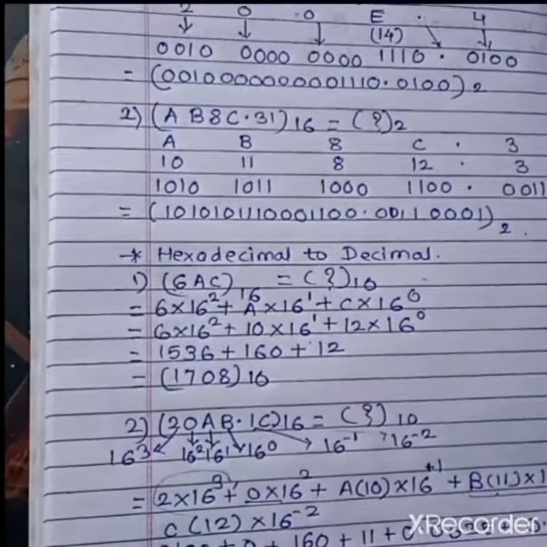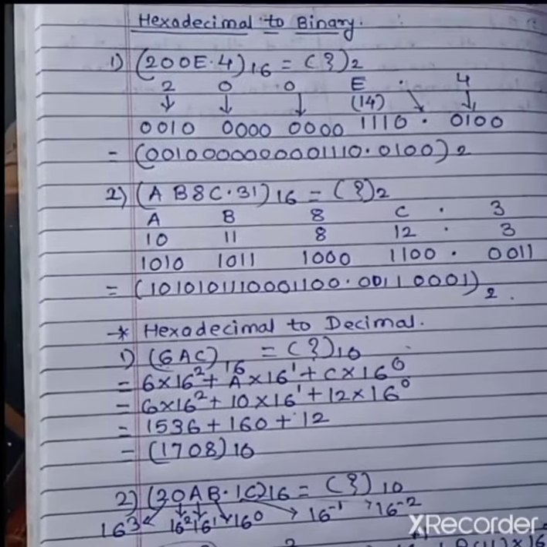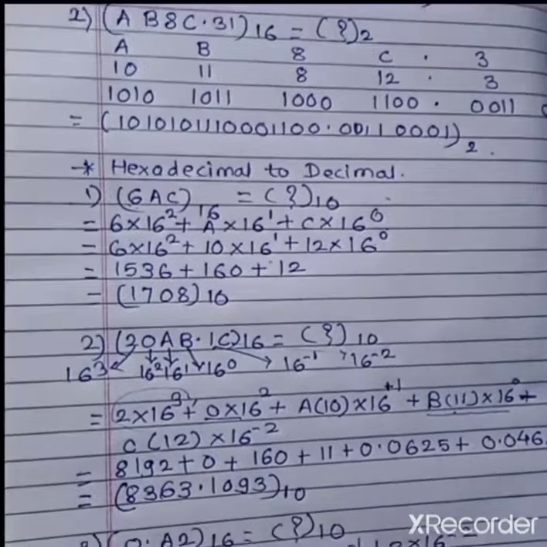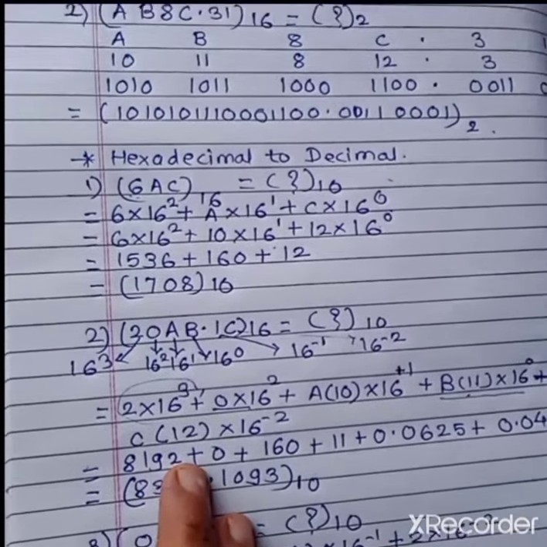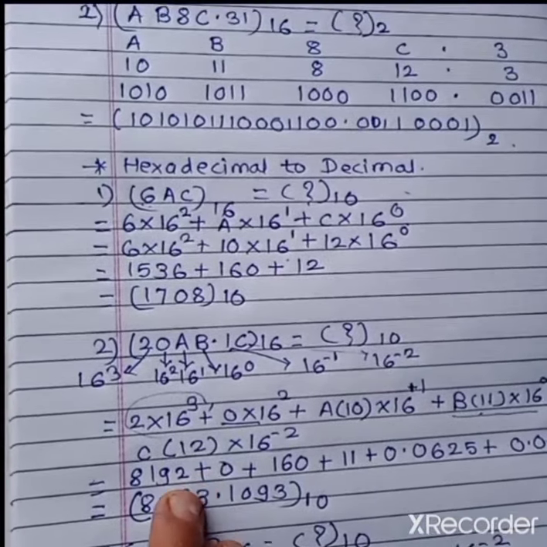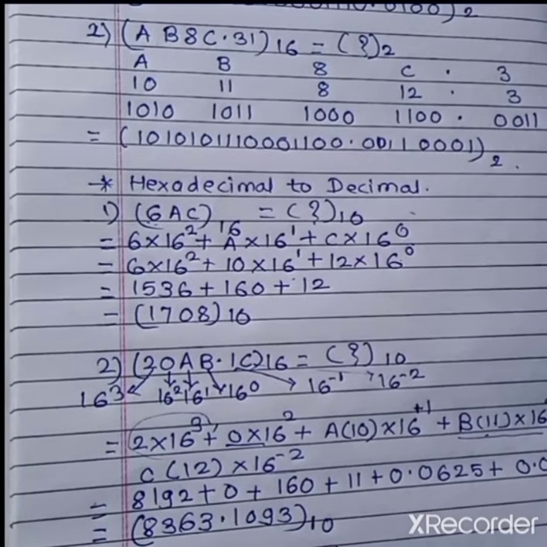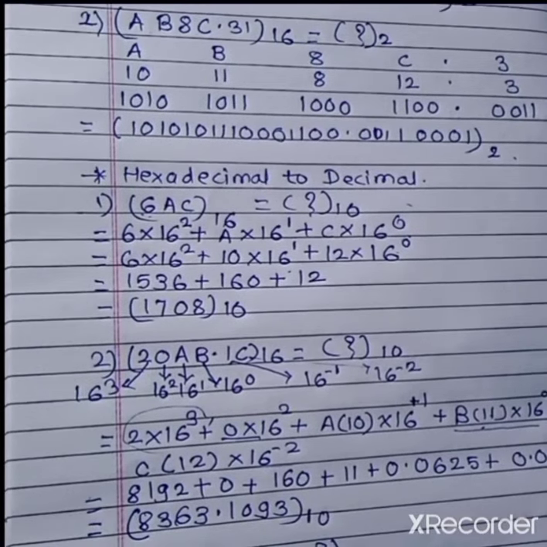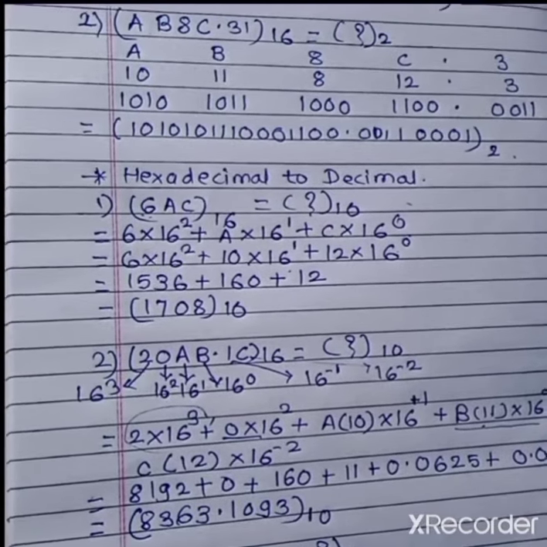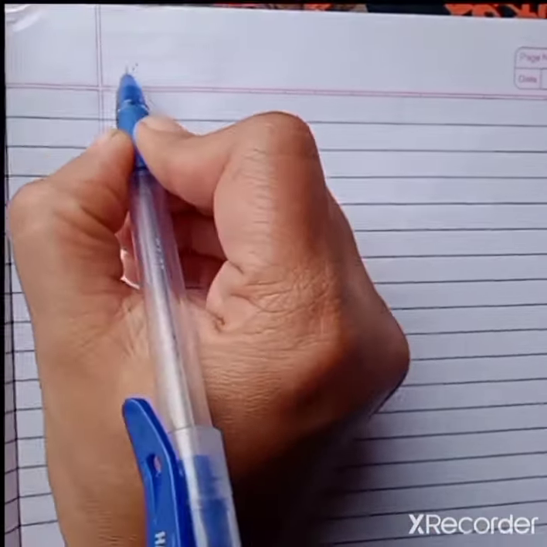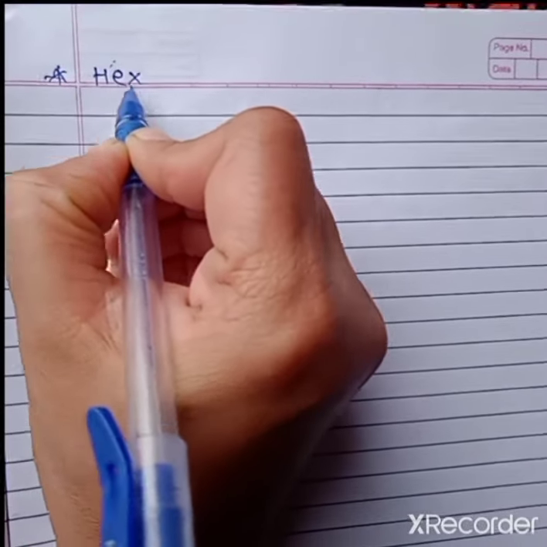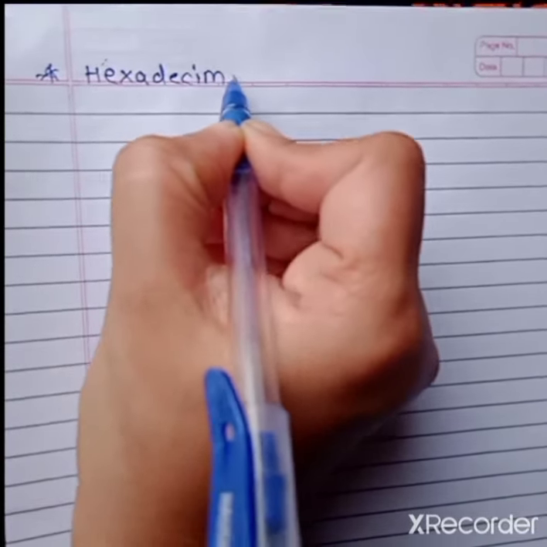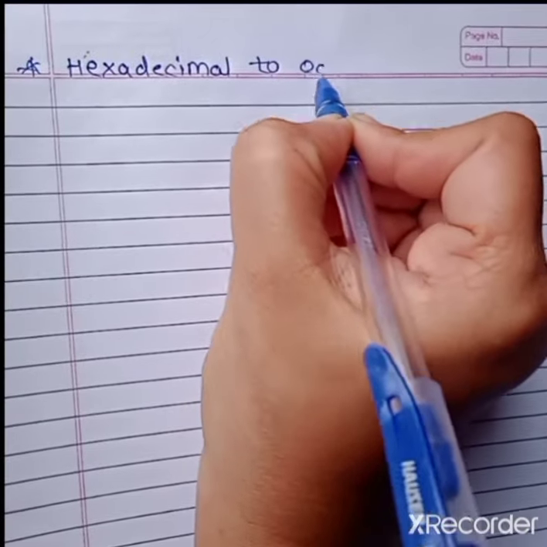So these are the calculations for hexadecimal to decimal, hexadecimal to binary and hexadecimal to decimal conversions. In the previous two lectures, we have also seen the types of conversion. Please go through those videos, watch those videos again and again, so you will understand how to do the conversions easily. Then the last conversion type is left, that is hexadecimal to octal conversion.